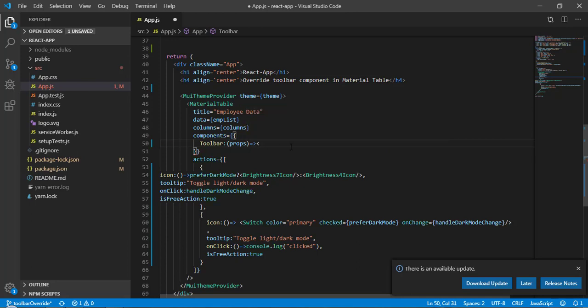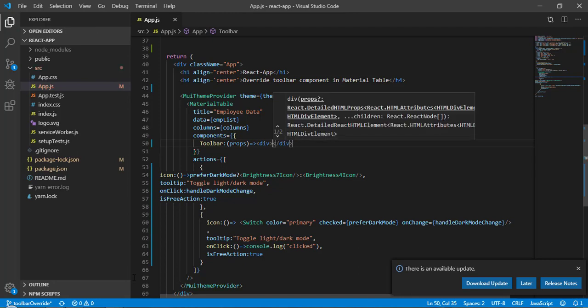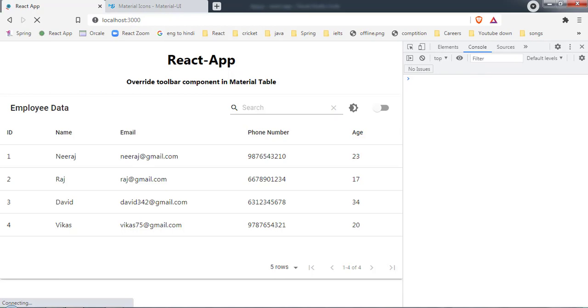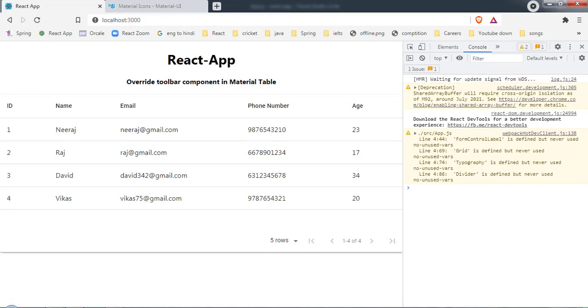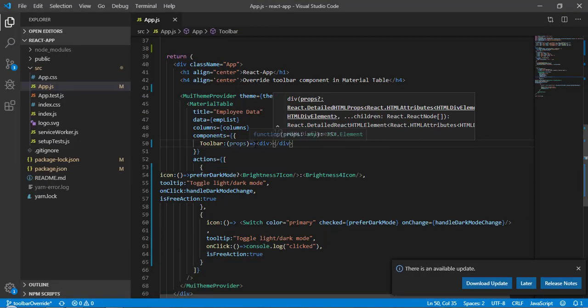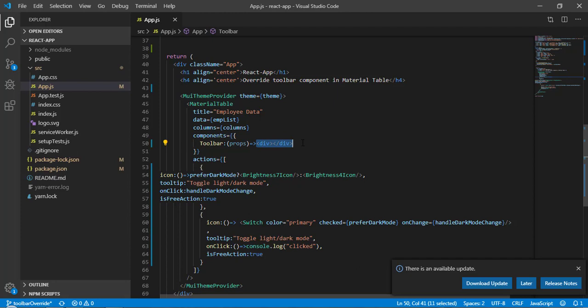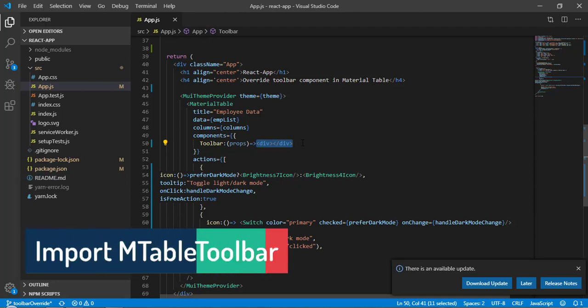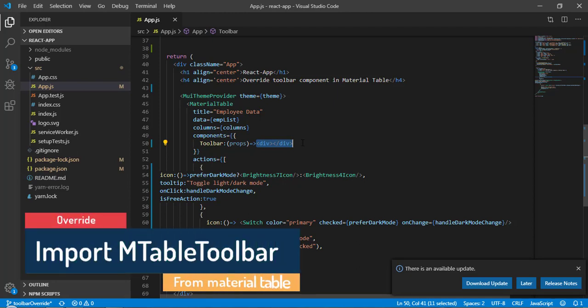Now let's return a div here and save it, and let's come to the UI. As you can see, we are not getting anything there, and this is happening because we are returning an empty div. In order to return what we were getting, we have to import another component called MTableToolbar, and that is going to come from material table.